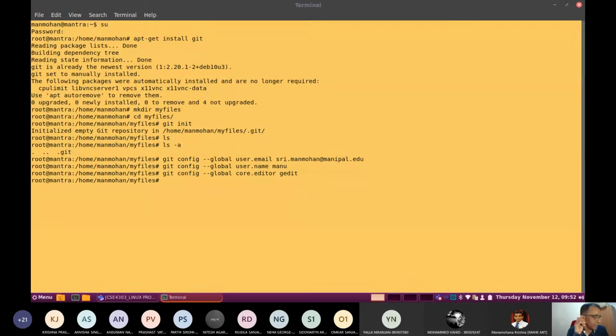If you use the --global flag, the setting will be applied to all the repositories in the machine, because multiple repositories can be created in a single machine. As of now, I have one repository, my files. If you want this identity only for this repository, then you can omit that --global. It's not mandatory. Whatever the email address and user details are, they will apply only for my files. If you don't want it to reflect in others, then you need not use that concept.